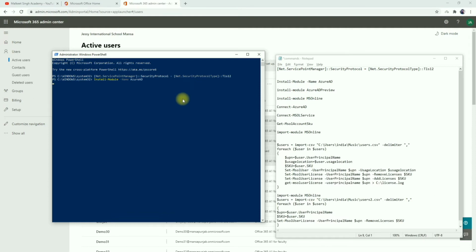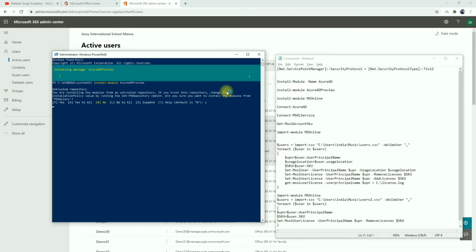I'm going to fast forward here, so you can see whatever I'm saying, that you have to do the same things in your system. As I told you, when you install this Azure AD preview or any Azure AD, it will give you this kind of message. You have to type Y here to install these shells, these modules into your system. I'm just waiting, and I'm going to fast forward this again. It will take some time guys, so be patient. Don't hurry, it will install automatically. It will take some time depending upon your internet connectivity.